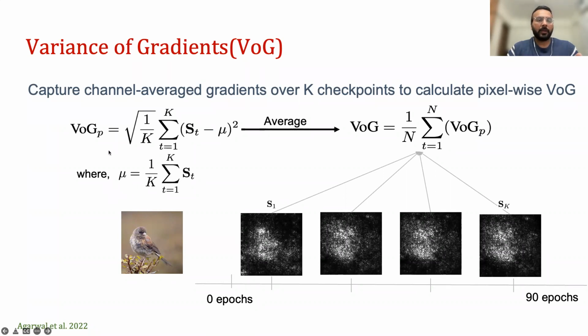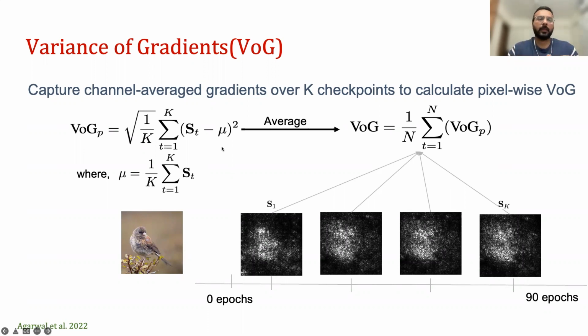We then basically calculate the VOG pixel per pixel, because as I mentioned in the previous slide, we'll be getting a 32 cross 32 image as gradients for each checkpoint, right? So we basically get 3 different 32 cross 32 gradient maps. We then basically calculate the pixel-wise variance for all these gradient images. So technically, the output of this VOGP will be, again, one 32 cross 32 map, which basically represents the variance